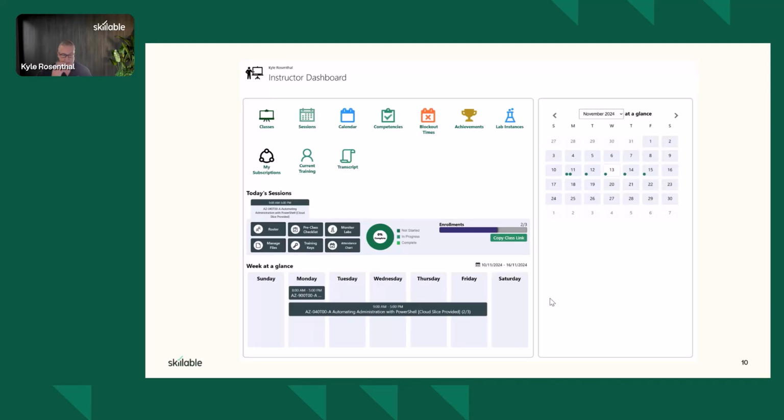Just as an aside, and this came from a conversation I had with an instructor yesterday who was saying, hey, look, every time I log in, I seem to have a different calendar or a different set of classes showing. The class that I was running last week doesn't show anymore. The class that I ran last month showed the other day, but then it doesn't show, and then it shows again. What's going on? And then I did a bit of a dive into it and worked out that